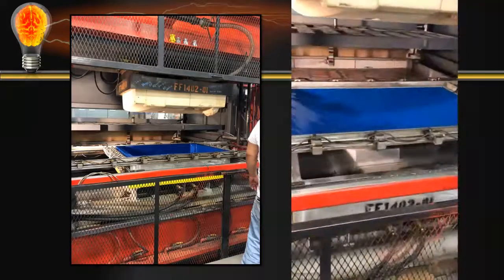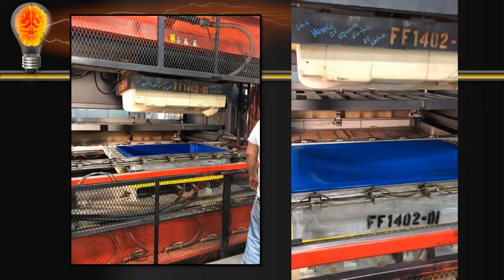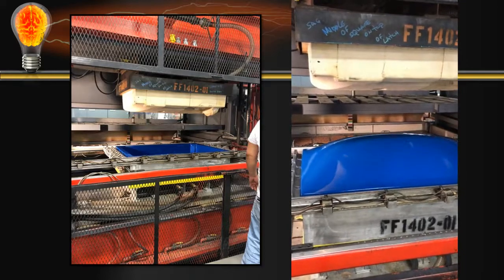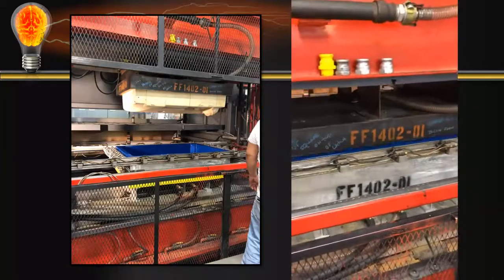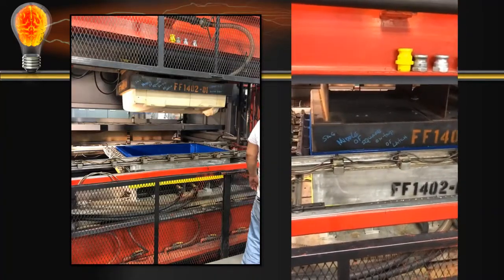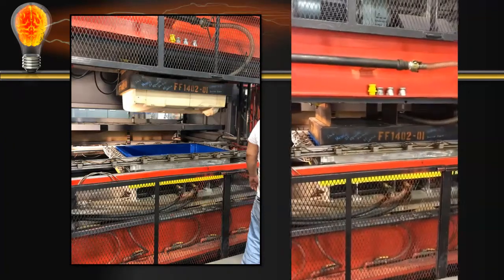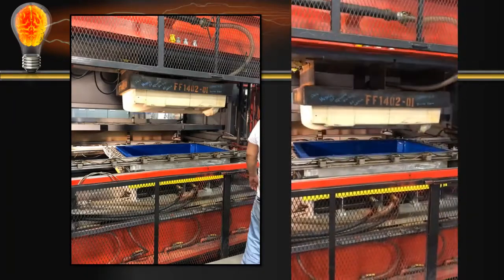The mold is coming up, it comes in contact with the sheet material. Air pressure is being applied, and you can see the bubble being blown on the material. When it reaches the desired height, then the plug assist and the pressure box come down. It will seal. At this point, the vacuum is being applied, and air pressure is being applied from the side of the sheet. This is held until the part is allowed to cool in the mold. At that point, the mold opens, and you have a formed